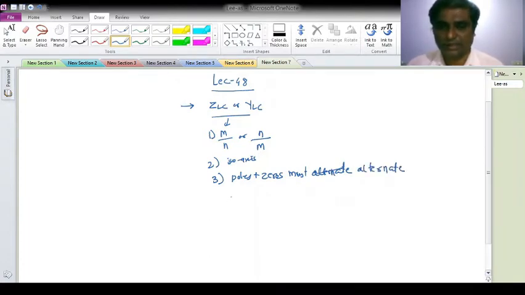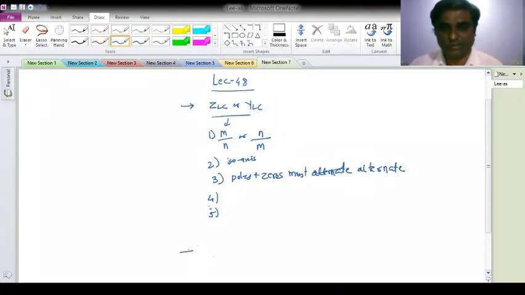Then the fourth property: the highest powers of numerator and denominator must differ by 1, and the lowest powers of numerator and denominator must also differ by 1. The fifth property was that there must be either a zero or a pole at origin and infinity. We also saw 4 or 5 numerical functions and tested whether each is an LC driving point emittance or not. Okay.